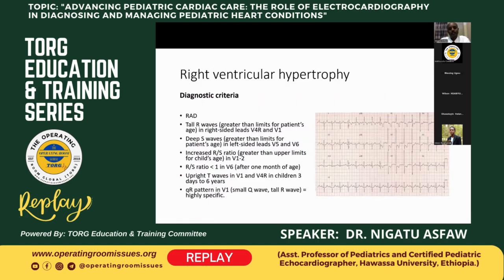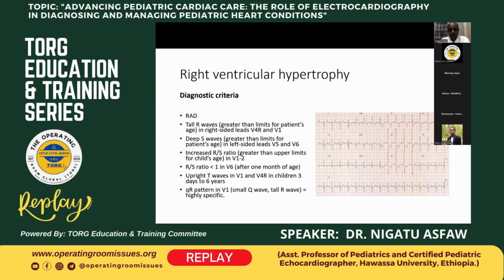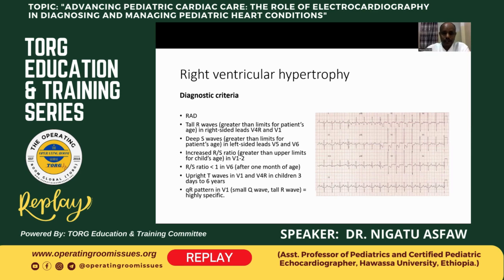And the other abnormality we see on ECG is ventricular chamber enlargement generally. And if there is right ventricular hypertrophy from different pathologies like pulmonary stenosis, primary pulmonary hypertension, or from conditions which affect the left chamber like mitral stenosis, which result in pulmonary hypertension, can give us right ventricular hypertrophy. And if there is right ventricular hypertrophy, there will be right axis deviation and taller wave in the